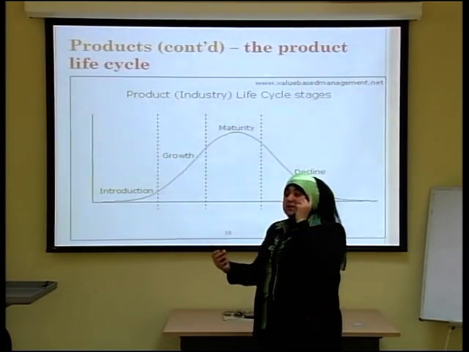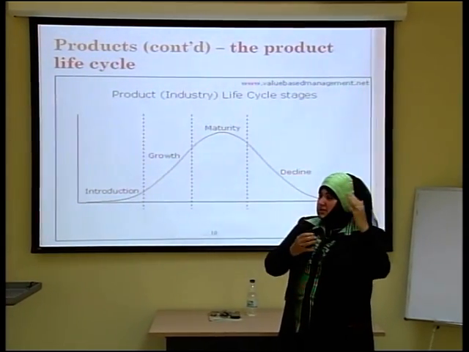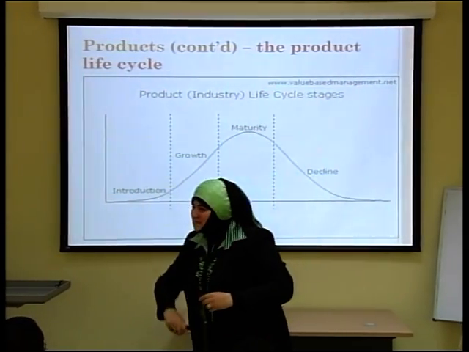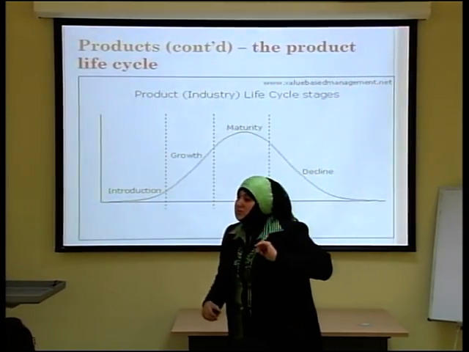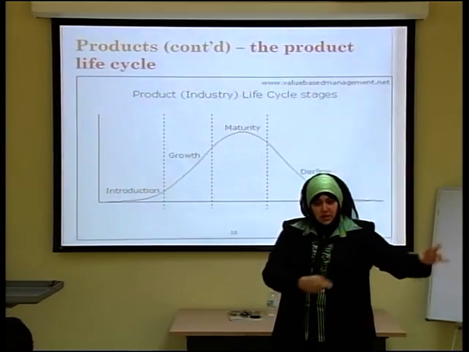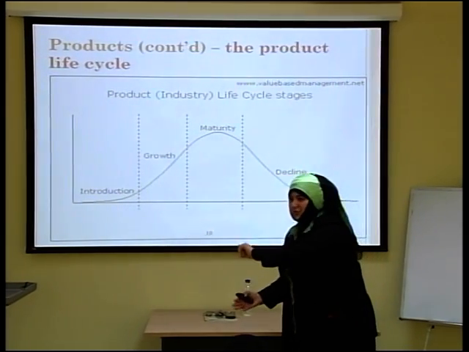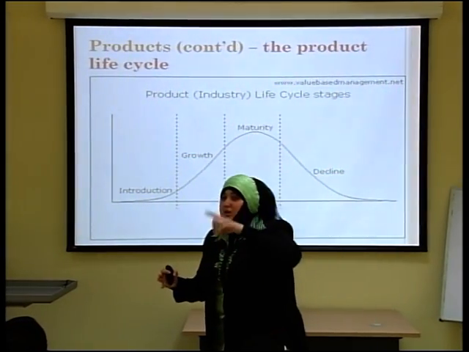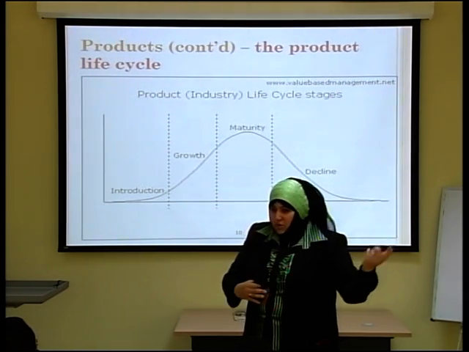Okay? Some companies, what they do is like that. When the product reaches the end of its life cycle in one of the countries, they offer the product in another country to start a new life cycle. Usually this happens with products in the developed countries. In America, in the States, in European countries, they offer the product, and when the product life cycle is almost in the declining phase, they start to offer it in the developing countries. So when we have foreigners in our countries, in the Arab world here, some foreigners say, okay, we had this product a long time ago in our home country, right? So this is one of the ways.